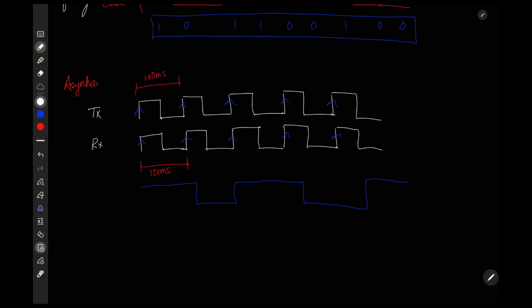Let's say this is the data. So what will happen? The rising edge of the first cycle, assuming that both the transmitter and the receiver are starting at the same time. What happens is the first cycle will be in sync,